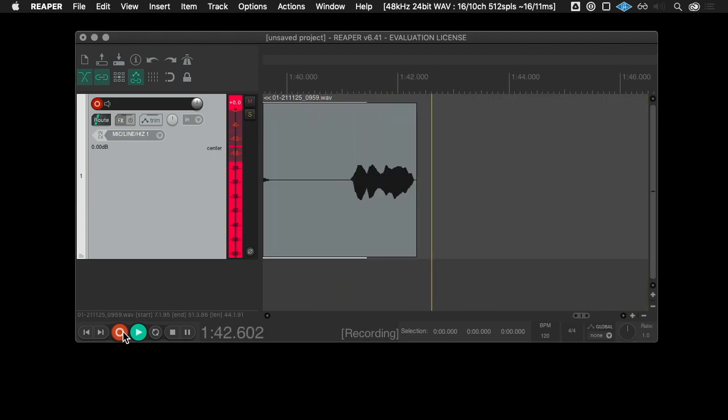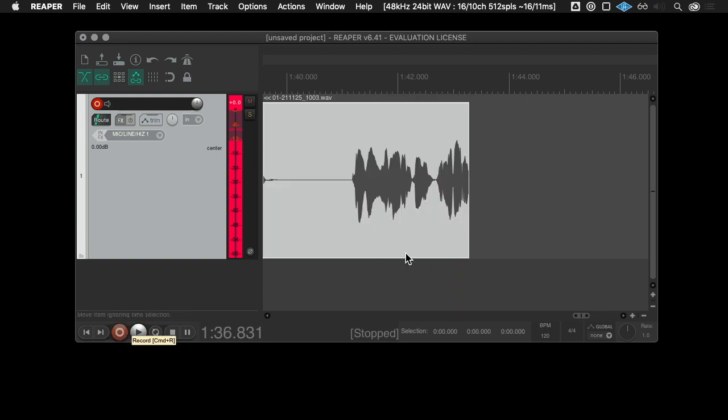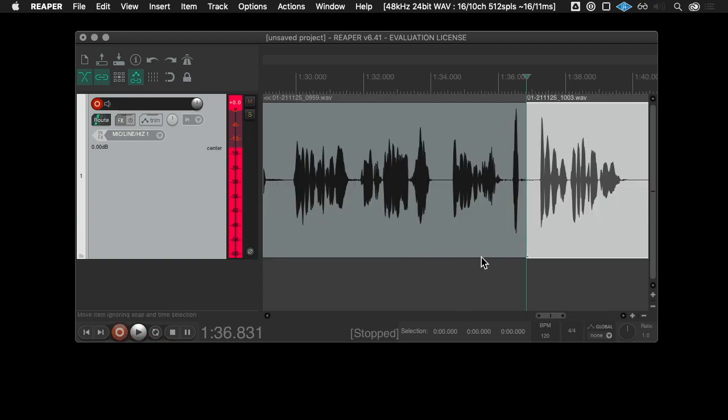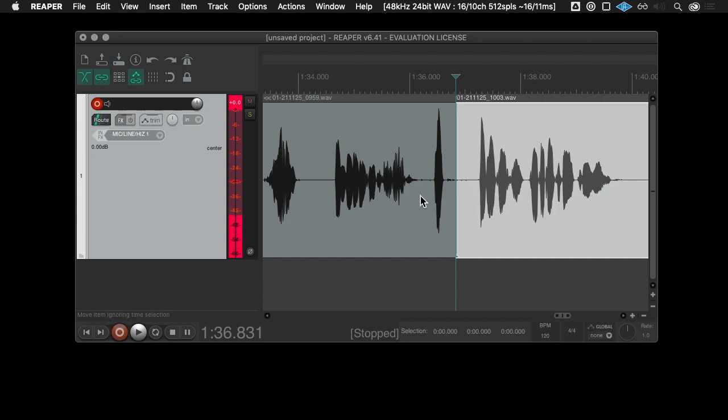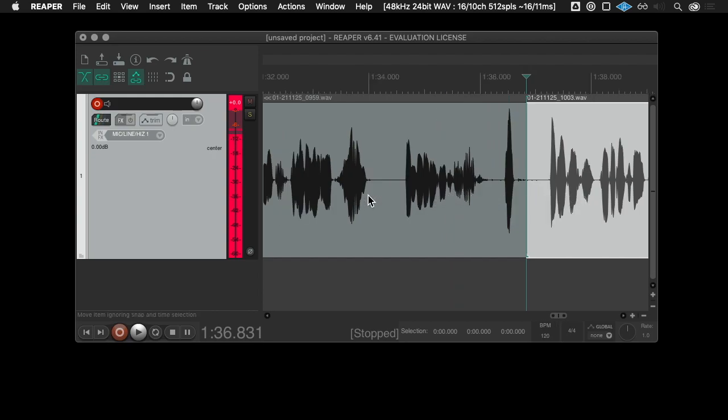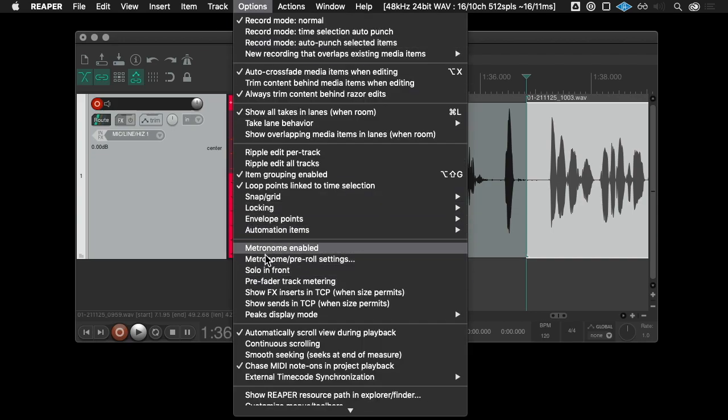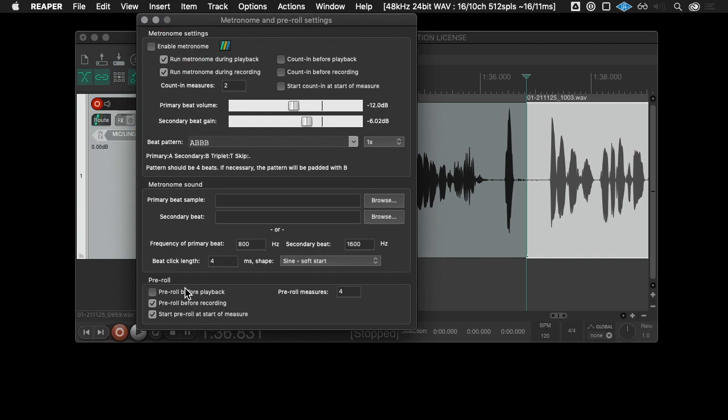Pre-roll is an awesome thing. See how that works? I hear myself talk, and then I can come in right where I left off. That might feel too long for you or too short, whatever it is. Some people like a longer setup because then they have time to get going into their body and make sure that they're matching the tone, etc. But you can just go back to options, metronome pre-roll settings, and down here in the pre-roll measures, adjust that